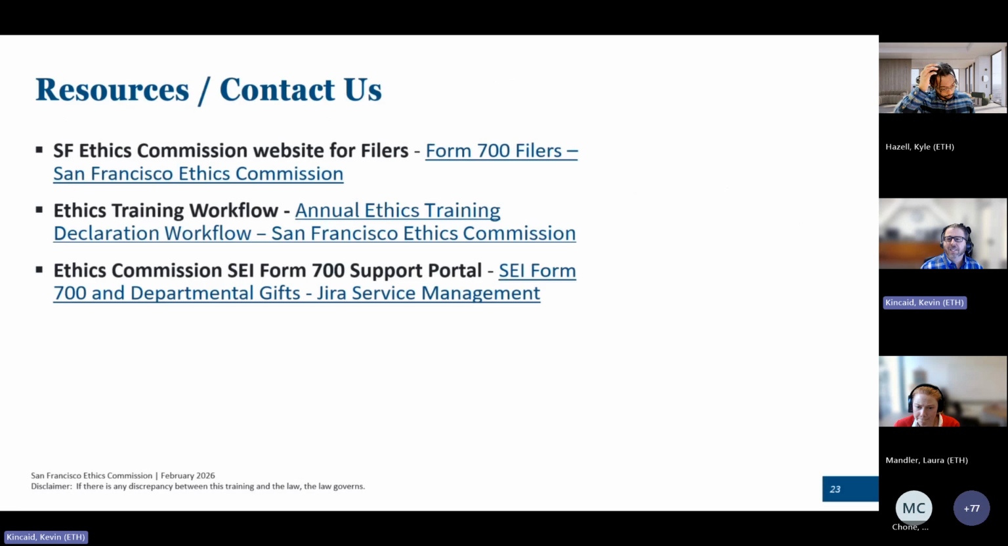All right. And then here's a resource list. Kyle's going to add some links into the chat for everyone. There's a Form 700 website for Form 700 filers. There is the ethics training workflow that Kyle put in earlier, which is step by step: this is how you get it done. And we also have a link to the support portal. So if anything comes up,